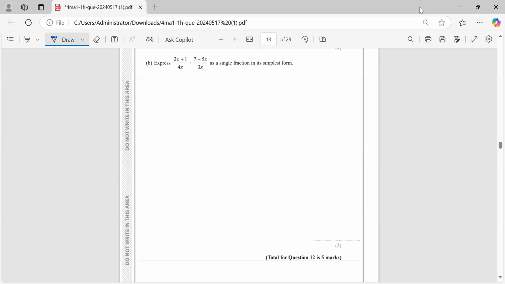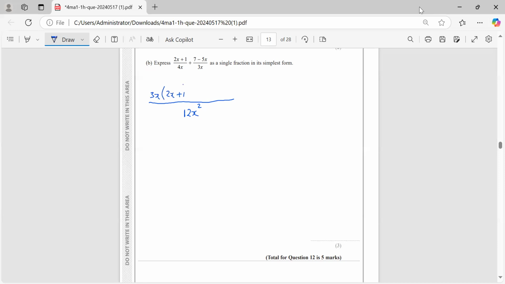So 12x squared is our common denominator, and we do that. Okay, so now if you take this 4x and divide it into this 12x squared, you're going to come up with 3x. So you now have 3x over here multiplying